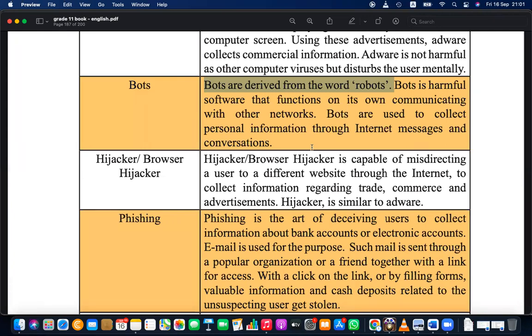So this is false. I cannot say I'm telling 100% proof. The reason is the IT world is gradually updating. Time to time it is changing. And maybe when they were writing these books, but still, that is not true. Bots are not just harmful tools. Some bots, like botnets, are harmful, but bots are basically used for automating tasks. Some bots can be used in a harmful way.